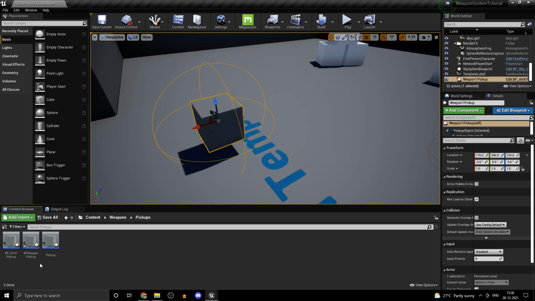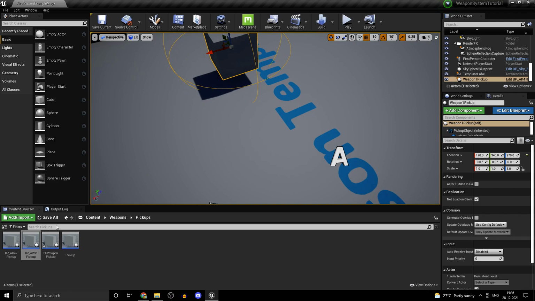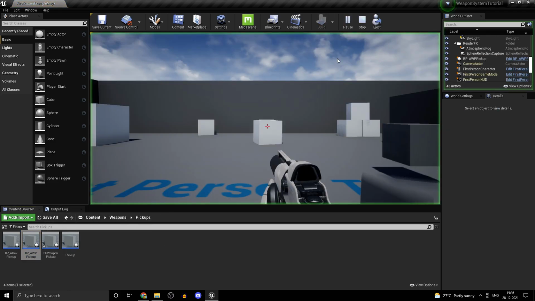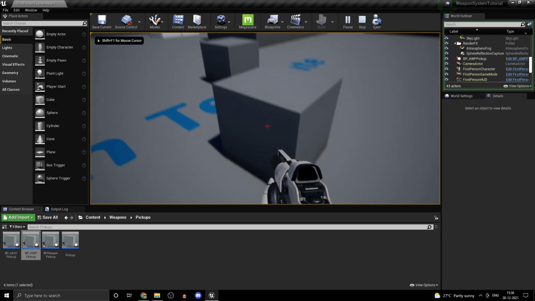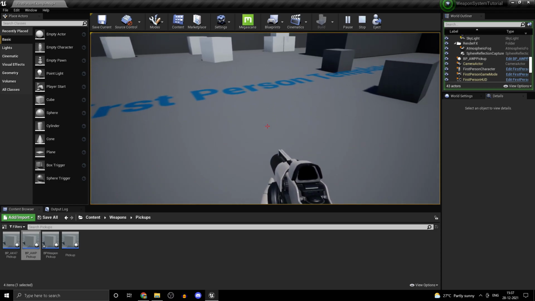And create a pickup for that as well. So just copy over the AK-47 pickup, or you could create a child class for the weapon pickup master, that is the weapon pickup. And over here, change everything to whatever corresponds to the op. Save that. And let's actually have an op pickup somewhere here. So now this is the op pickup. So technically, if you click on this, you should be having an op.